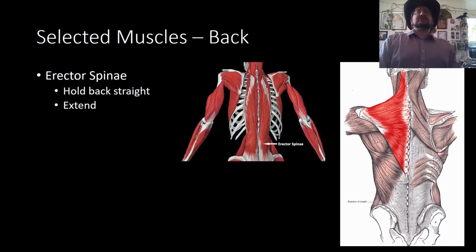Holds you standing straight. Sort of the antagonist to the rectus abdominis. Huh? Agonism, antagonism, bringing that up again. A callback to a previous part of the lecture. That's how a good lecturer does it. Then we have the